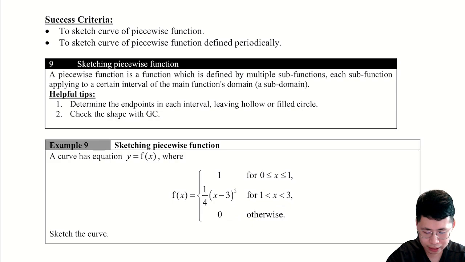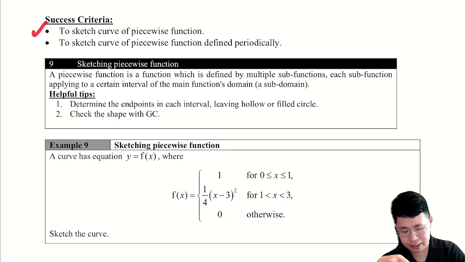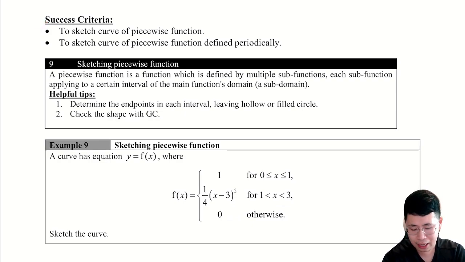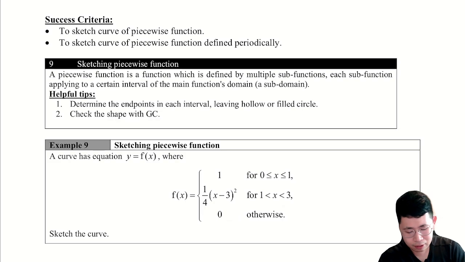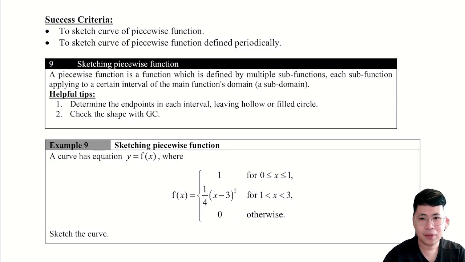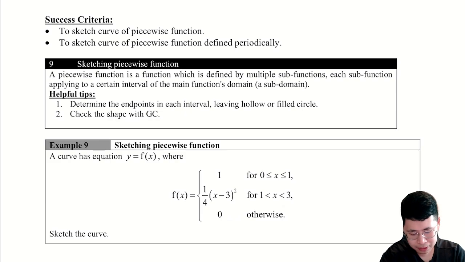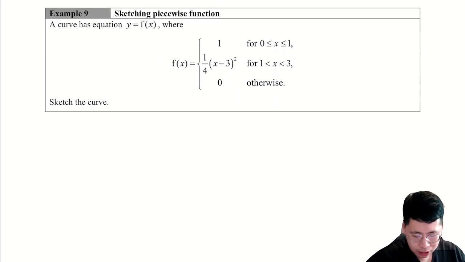So in this particular video, we are going to look at the objective of sketching the curve of a piecewise function and also the curve defined periodically. Some helpful tips: we first need to determine the endpoints in each interval, leaving a hollow or filled circle. And then we need to check the shape with the GC. All right, so let's take a look at example 9 on how we sketch a